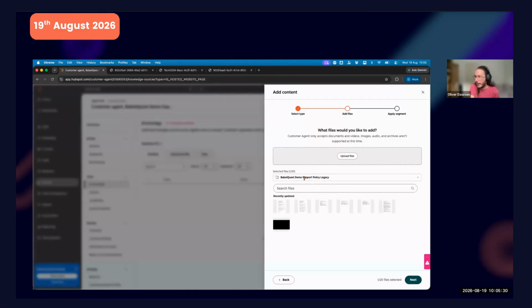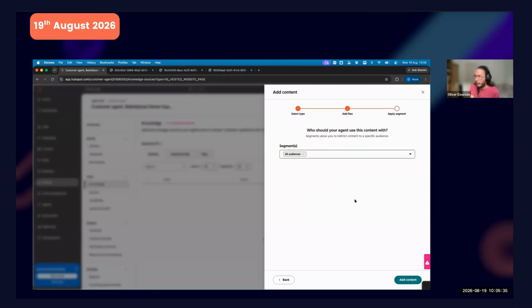So let's just say I've got a support policy. I want this support policy to only be available for certain different segments. I only want this to be available for, let's say, professional customers, or I only want this to be available for basic customers, any kind of combination between these as well. Which is super useful. So that can give instructions to the customer agent to say, I want you to be able to handle this information for these people differently to these people,